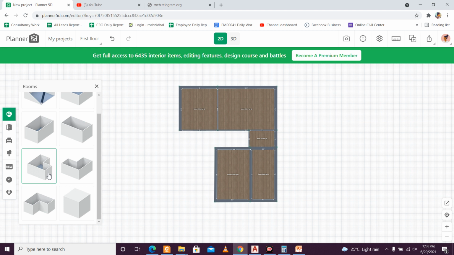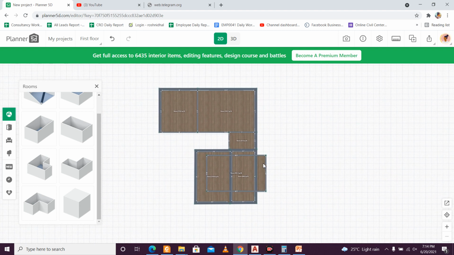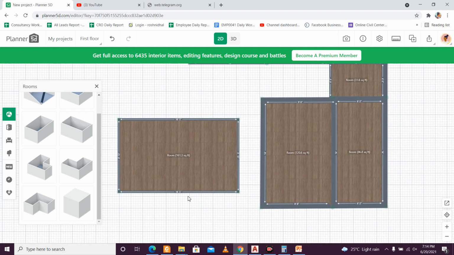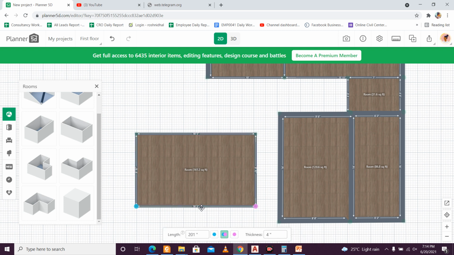We can use this particular shape to connect here, but let us give a room here first, and for this room we'll take this option and double click on it, select this. I think the remaining we'll just delete, and after that let's say this one will be a 10-inch wall, this one will be a 10-inch wall because it is on the left side. The other internal walls may be of any length. It will be 9 feet into 14 feet 10 inches.